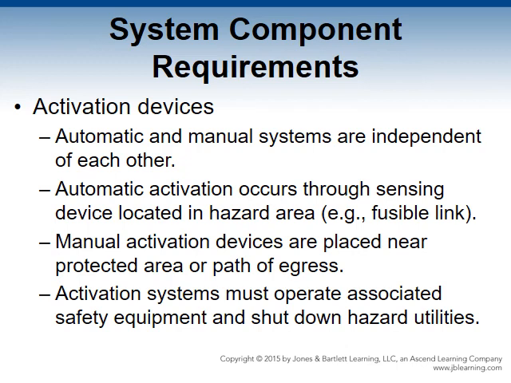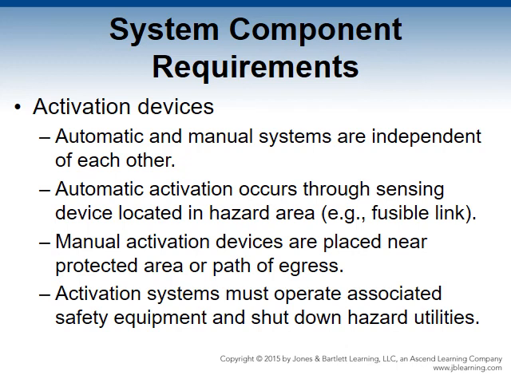NFPA 17, 17A, and the IBC require that wet and dry chemical systems employ manual activation via some kind of pull actuator. Typical manual station type devices are near the protected area in the path of egress. They should be no less than 42 inches and no more than 48 inches above the floor. They must be clearly identified and identify the protected hazard. They provide operating instructions and require no more than 40 pounds of force and a maximum of 14 inches of travel to activate